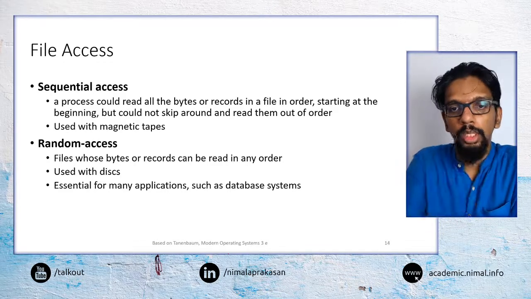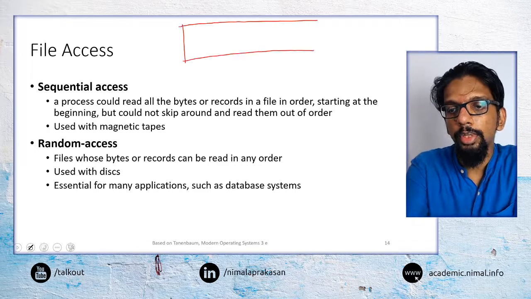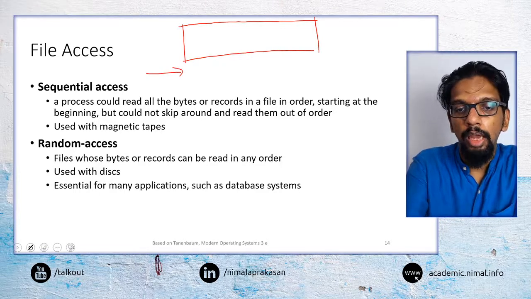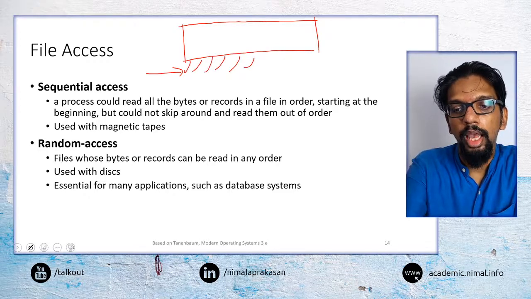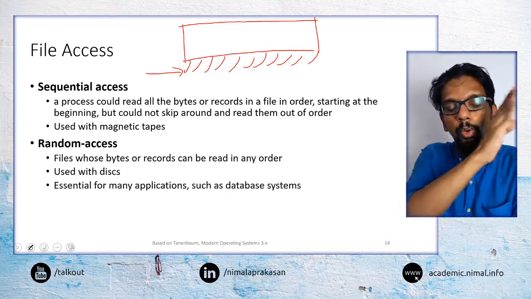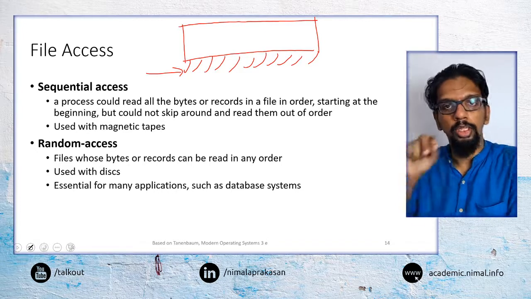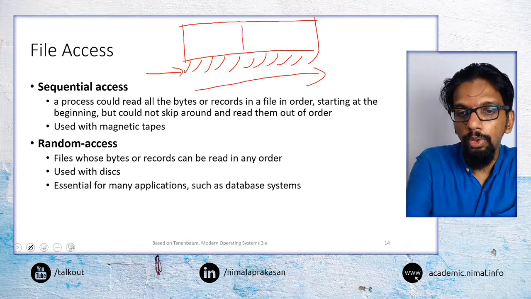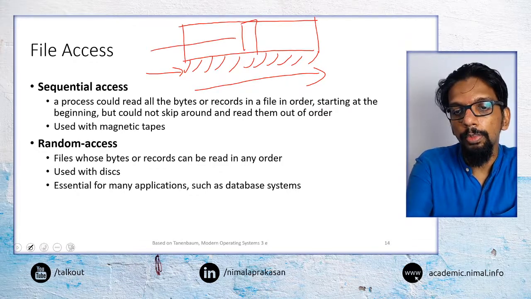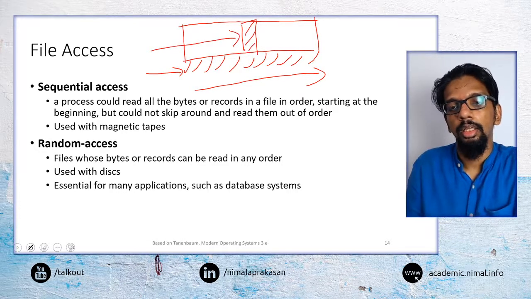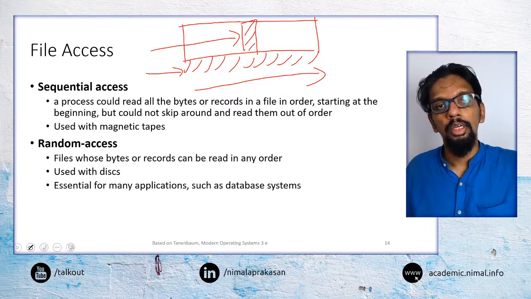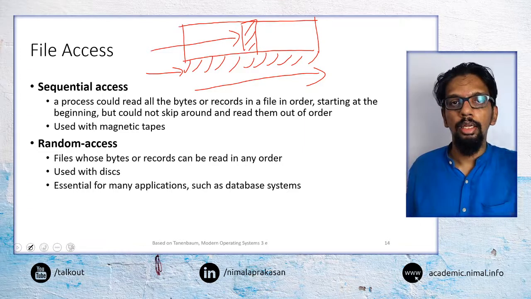So when we say sequential access, if we have a storage medium like this, then in a sequential access, we have to start from the beginning and go one after the other and read the whole of the storage, or go through the storage in order, and then read it like that. Say if we want to read the information here, we have to start from here and go there and then read. So that is sequential access. The records of files are traversed from start to end in an orderly manner.